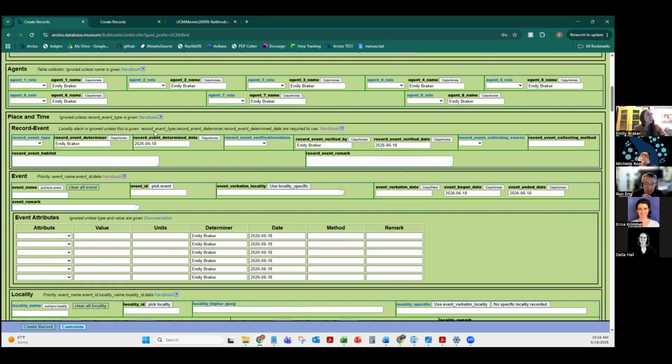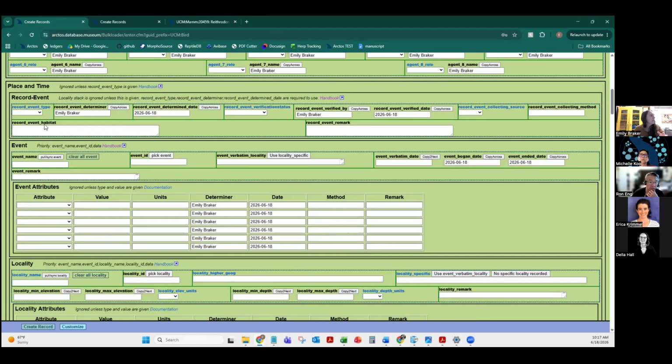And so what I will say is that although accession and identification are the only 2 required values, once you start entering data into some of these fields, there are dependencies. So for instance, if I'm entering coordinate data and I say I'm using decimal degrees as my coordinate system, then Arctos is going to expect that I am entering a latitude and longitude in some of these dependency fields. So in this place time stack,